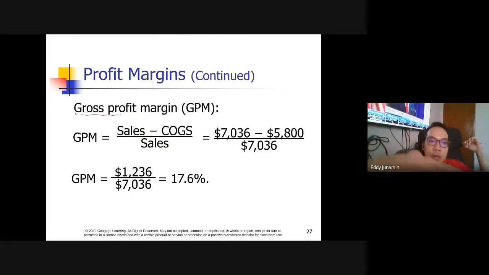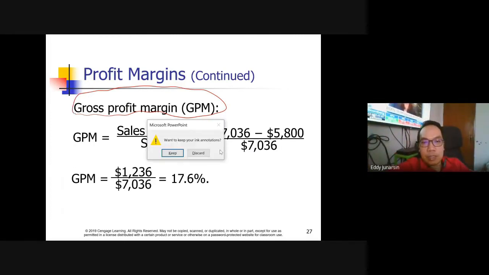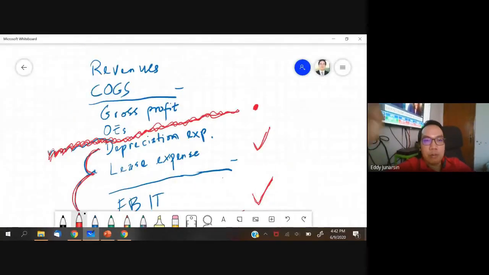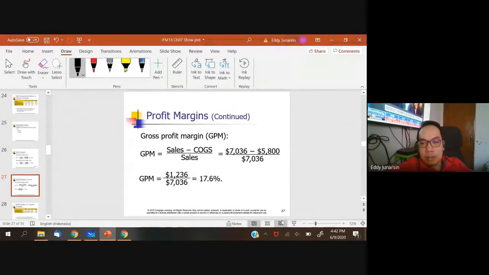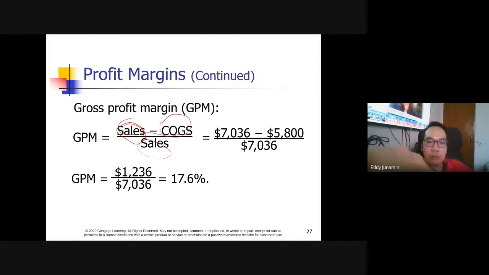And we could also estimate the gross profit margin. So what is gross profit again? Remember here we have gross profit. The gross profit is the difference between your revenues and your cost of sales. So in this case, your revenues minus your cost of sales or cost of goods sold, divided by sales. So this is called gross profit. The gross profit margin is